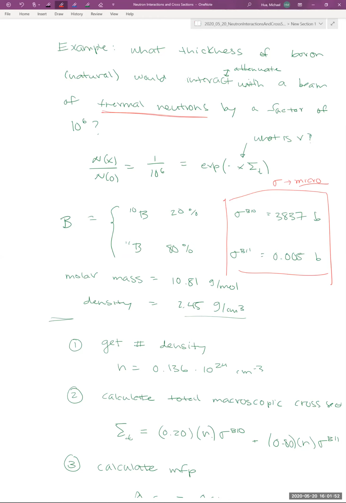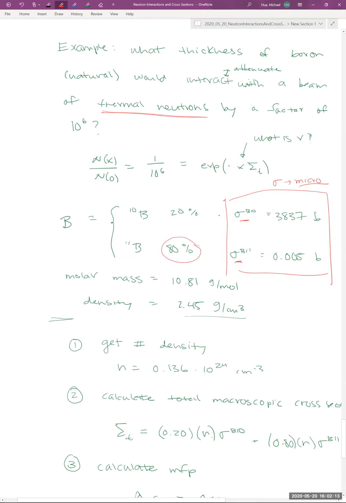And so there's something special about the atom of boron 10 that makes it much, much more likely to interact than boron 11. The way that we account for boron 11 being more abundant, so there's 4 times as much boron 11 as there is boron 10,